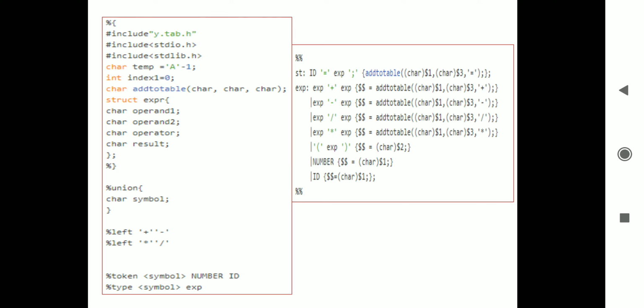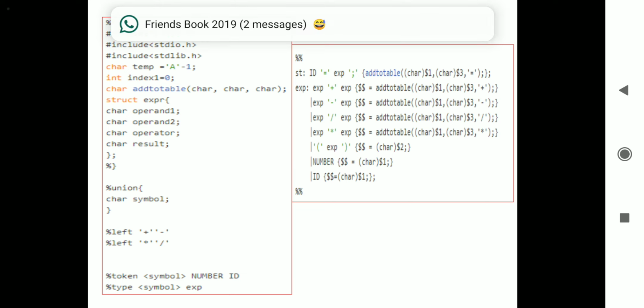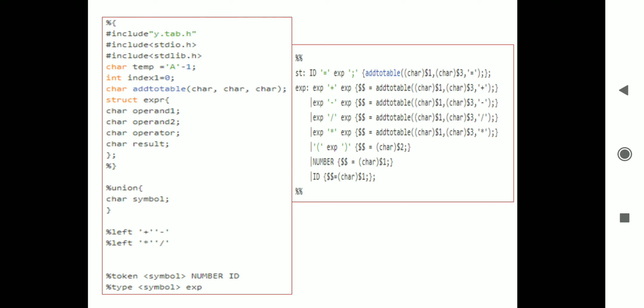Some header files we need to write. So this is all about the declaration or definition section. Then some rules of association must be written. A percent left plus is left associative, that means plus should execute first, after that minus, then star is left associative, division is left associative.